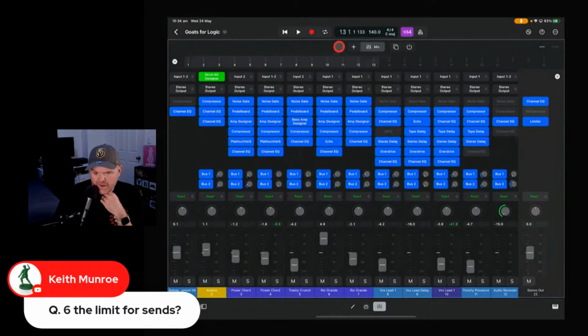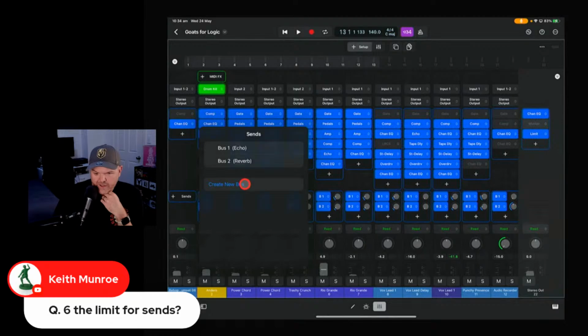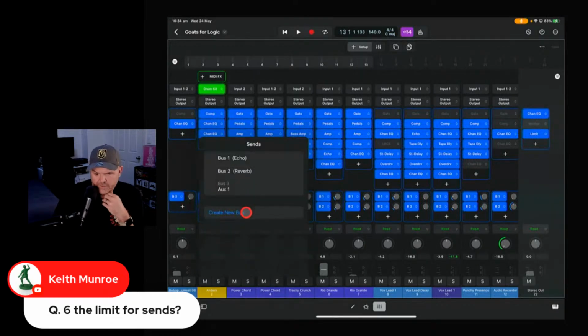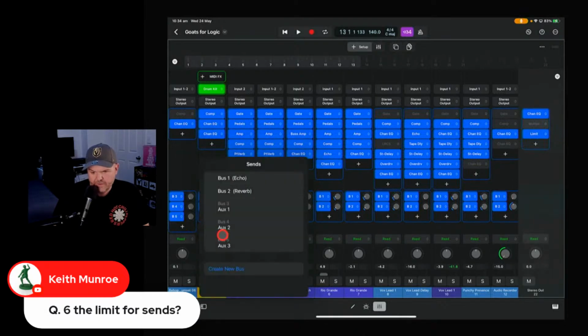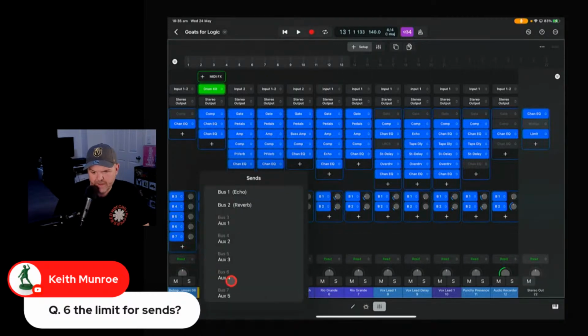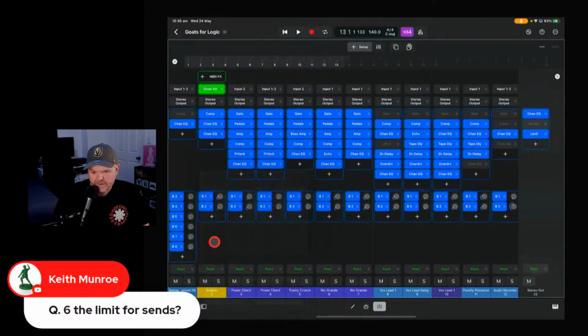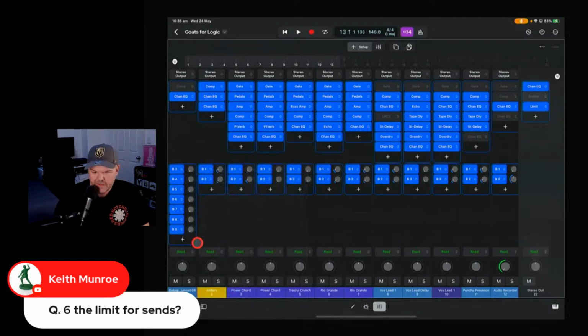All right. Due to our setup, sends. Create new bus. Create new bus. Let's just create them. Create new bus. Create new bus. It looks like we're going to be able to go beyond 6. Yeah. Yep, looks like we have quite a few buses. So if you're the sort of person that loves to control everything with a bus, then you definitely can. We've at least gone to 8. So I think you'll be fine, Keith, to have multiple buses